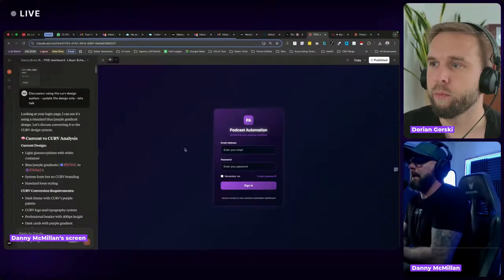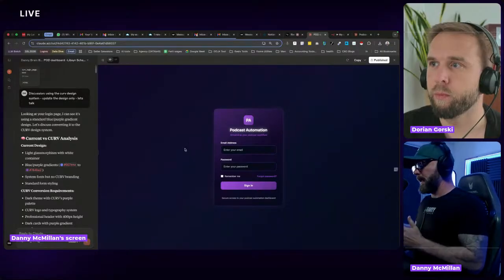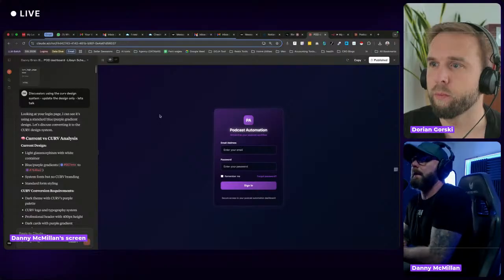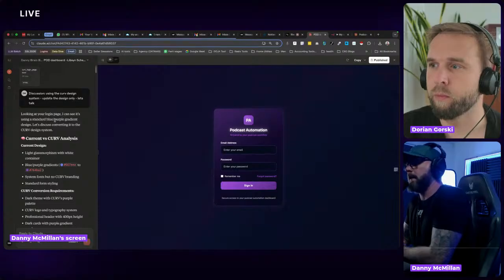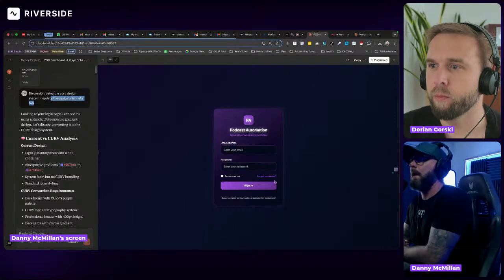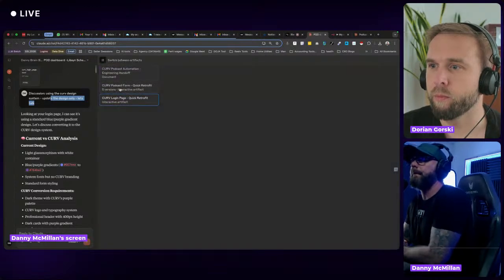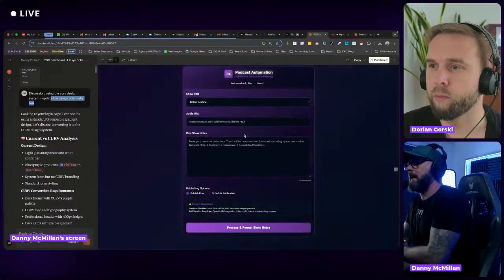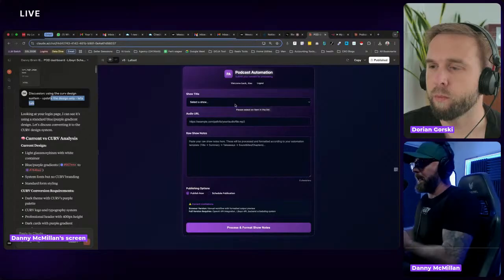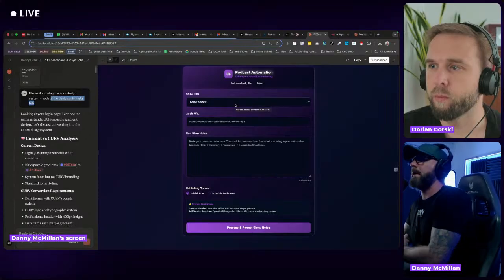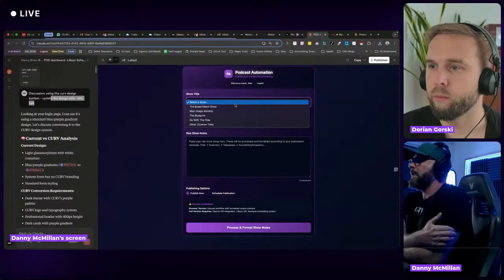But what I want is a system that goes with all the other tools that we use internally that I've built. So I literally said, use the Curve design system. Using the Curve design system, update the design, because I was playing around with an idea before I finished the design system. Then there's this one here, which I did as what we call a retrofit, i.e. I played around with some ideas, but then updated it because now the show is set to do